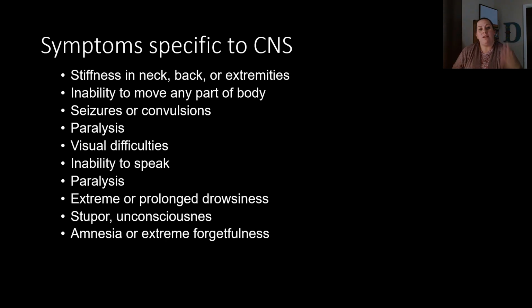system. When we go to the next set where we talk about visual difficulties, inability to speak, paralysis, and this is like paralysis of certain muscles that deal a lot with senses. These are going to be more of the sensory functions that they would be testing. Some other specific symptoms include extreme or prolonged drowsiness, stupor or unconsciousness, amnesia, or extreme forgetfulness. And these would all be tested for by doing the neurological test for your cognition as well as your mental